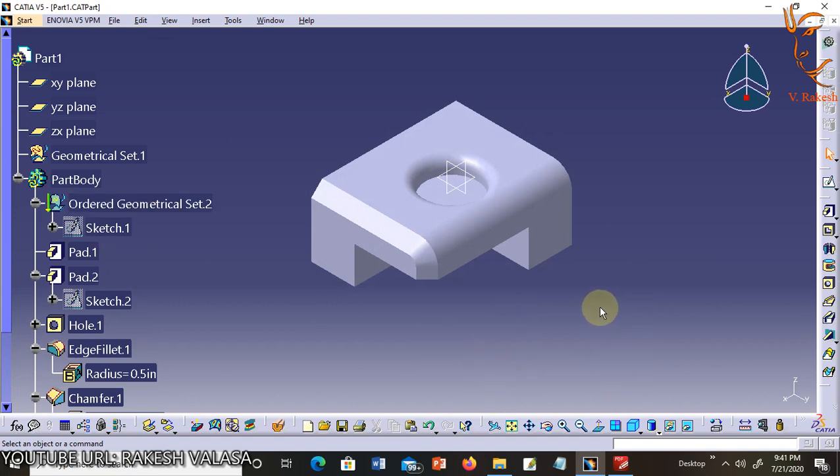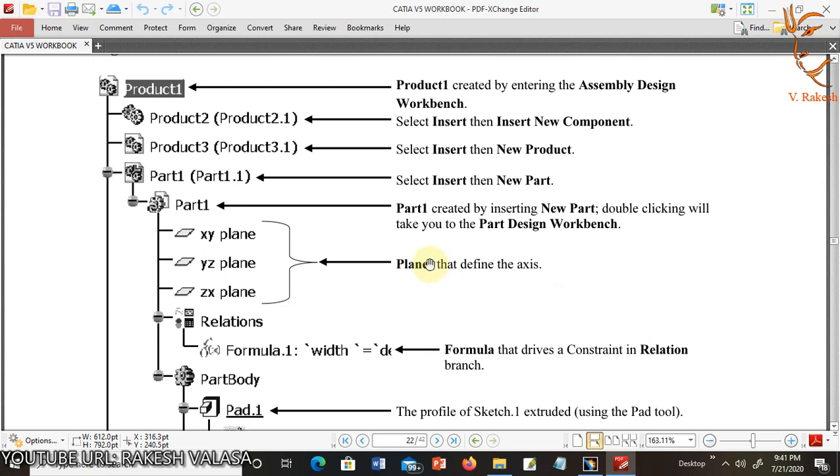After completion of assembly drawing, you can get the tree specification. Now let us discuss each and every option in the tree specification. This is the product one.